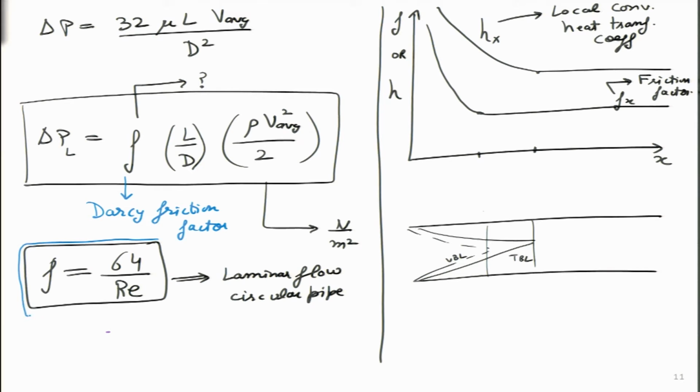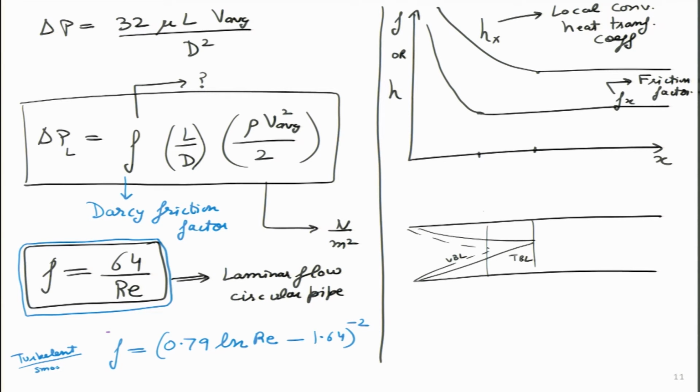So, this turns out to be a very simple equation over here, and I think towards the end of this particular section, I can maybe also write it for turbulent flow, because later on we will look at it for turbulent flows as well. That F value turns out to be slightly complicated. So, there is a logarithmic term involved over here, then another term, and the whole thing is exponential minus 2, and this is true only for smooth pipes in case of turbulent flow.